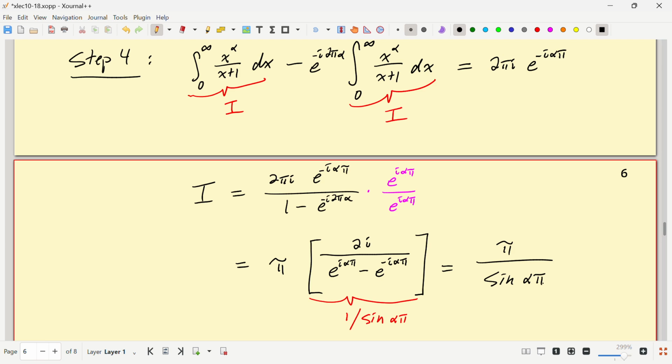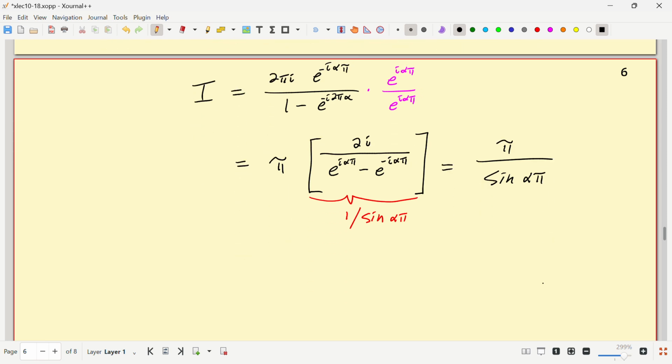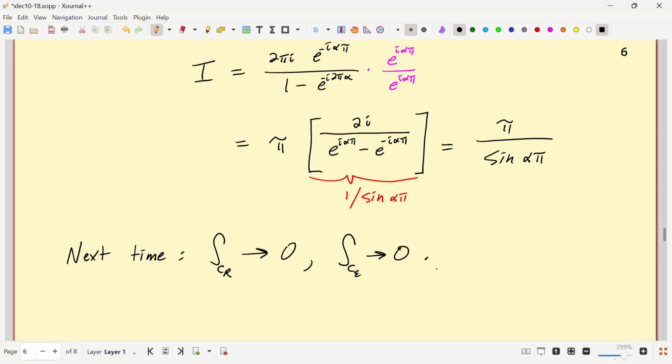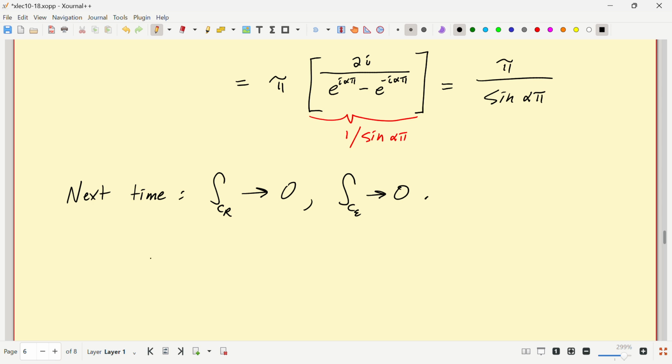So next time all I have to do is show that those integrals around the circular parts go to 0. I'll show that the integral around c sub r goes to 0, and the integral around c sub epsilon goes to 0. The key is going to be just the basic polynomial estimate, but the key is that if I look at the modulus of e to the minus alpha log z, with the branch of log 0 of z,